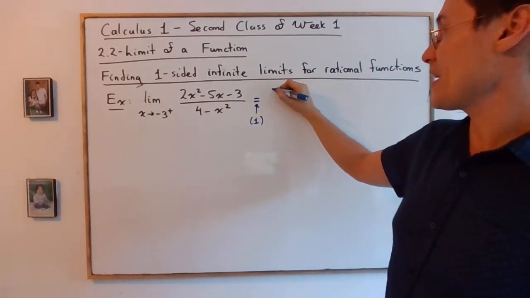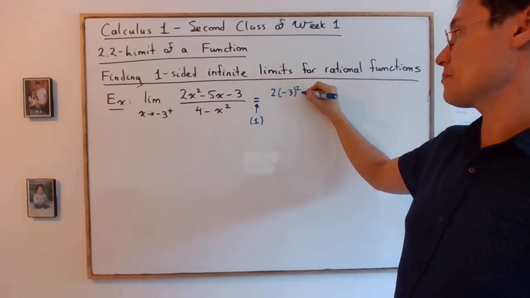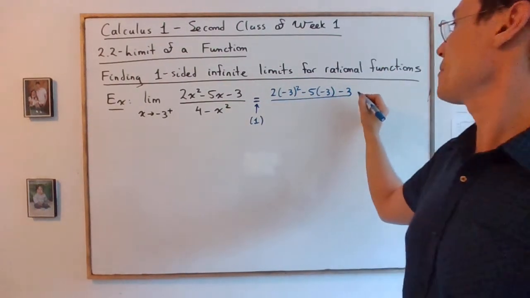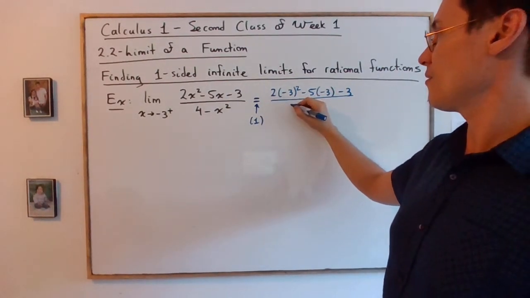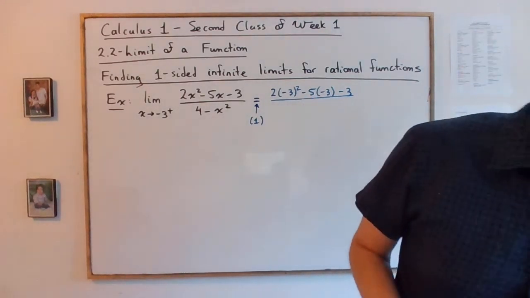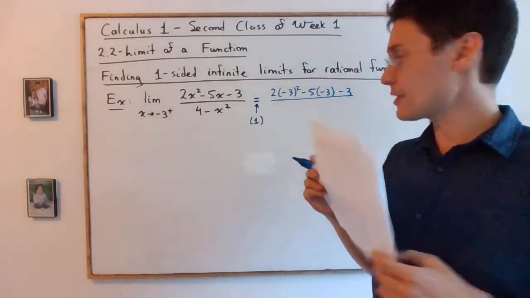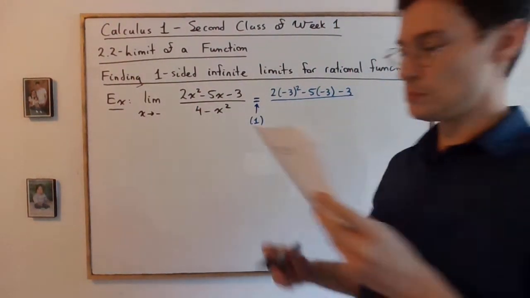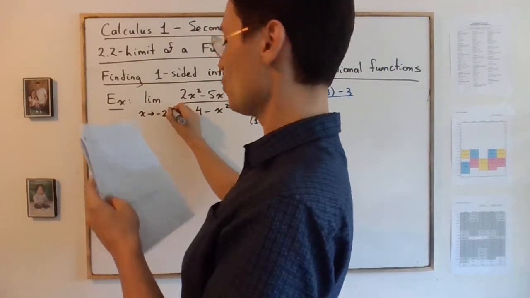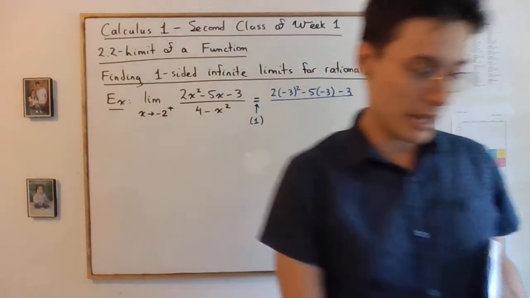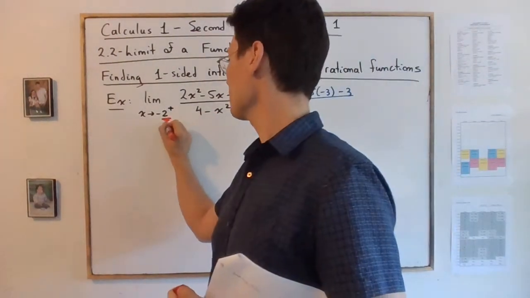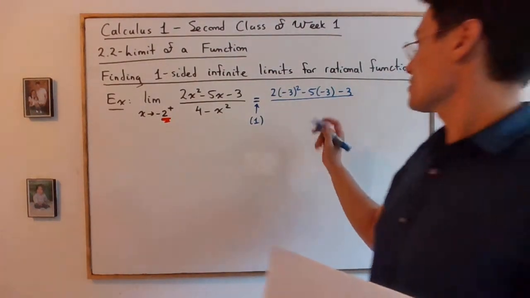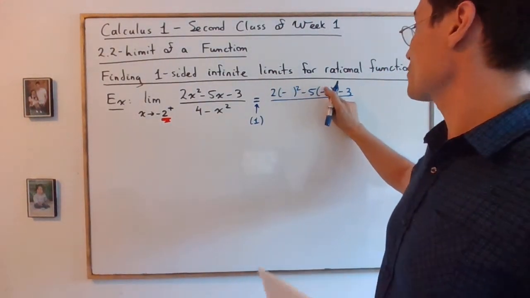Okay, so we have 2 times -3 squared minus 5 times -3 minus 3. Okay, so that's the top. And the bottom is, wait, there seems to be a typo in my notes. So I'm going to go for -2 squared, okay? Yeah, -2 from above, okay? So in the notes, you should correct that typo, otherwise the limit just is irrelevant. So we're going to replace -2 instead of -3 in that case,